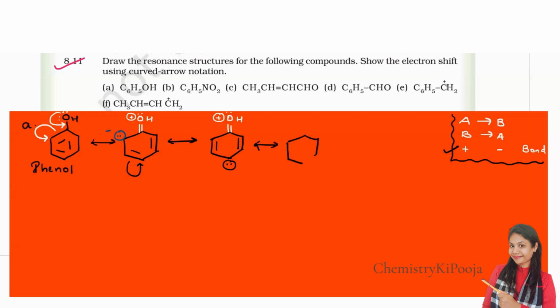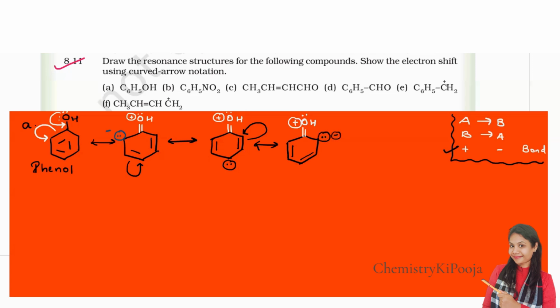The next one, again the same way, I'm going to shift the third bond. Rest all I'm going to write down as it is. This is OH, and the plus charge is present here. This pi bond will remain as it is. Now we are going to shift this bond to the adjacent atom. Clear? Here it will be plus charge, and this plus and this minus will combine together to give a bond. So the bond will be here, and the electrons have been shifted, so I am going to write down the negative charge.